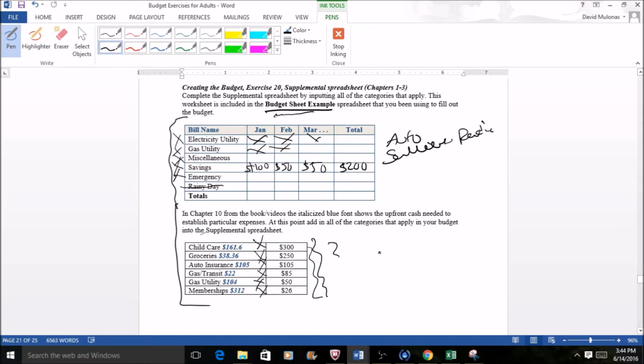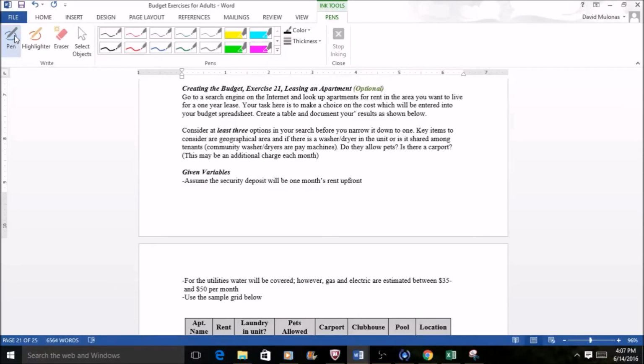So that's going to do it for here. This is a really simple exercise to start building it out. Get all the items in there, and double check back and forth between the budget sheet and the supplemental sheet to cross-reference and make sure you have all the items accounted for. Okay, so that's going to do it for exercise 20,